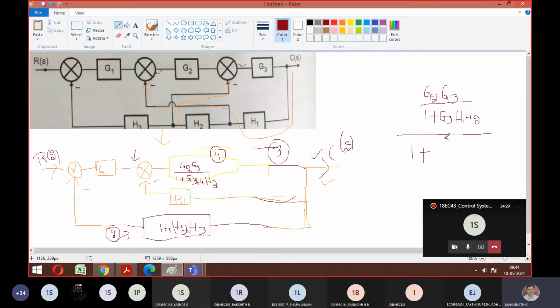Is it okay to everyone? So G2 G3 divided by 1 plus G3 H1 H2 you can write. This is your complete one block. Here, if you want, you can write separately and take the LCM. You can make this 1 plus G3 H1 elimination. The remaining terms you can replicate in this diagram. Whatever you do equation-wise, you should do sidewise to the corresponding step. So what we are doing is step number 5, correct?